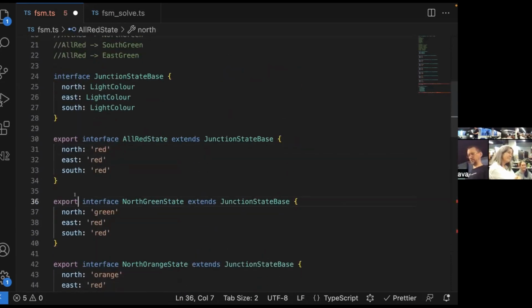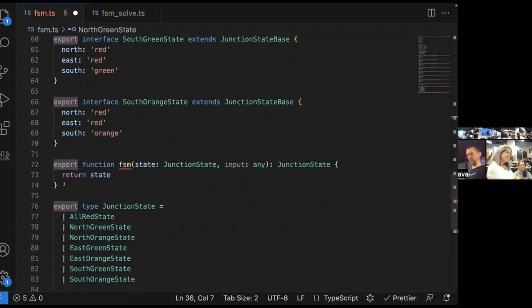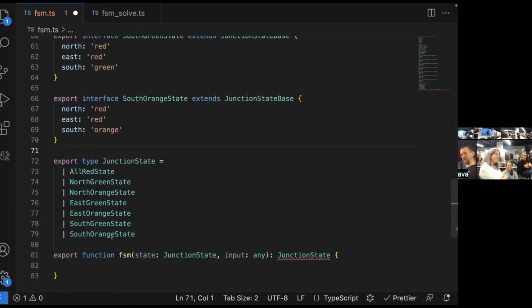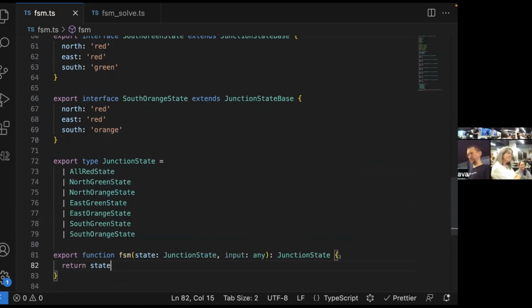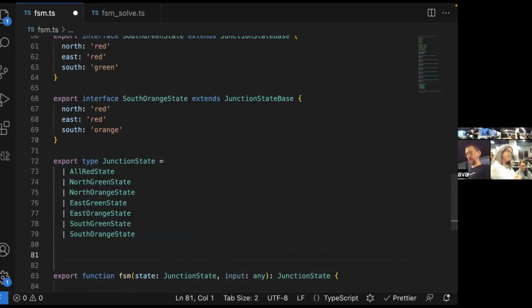Oh, I was about to mention, I had a copy of this somewhere. There it is. So for right now, we just return the state. What we can now do is start thinking about logic, right? TypeScript has some great support for this, but what I do is create small little functions that help explain things.